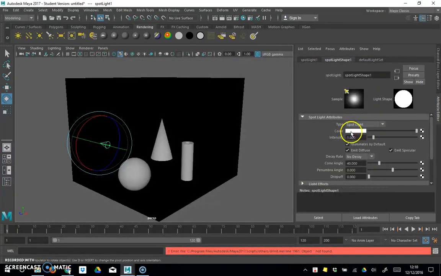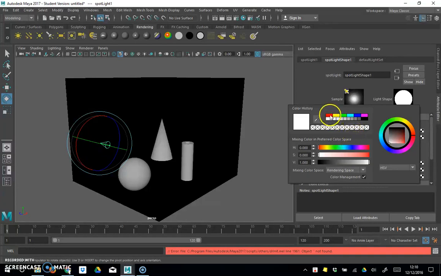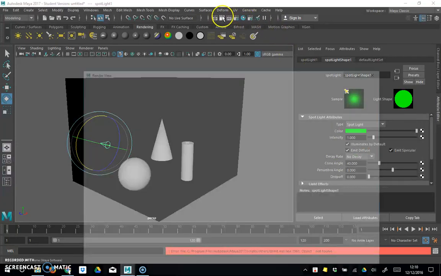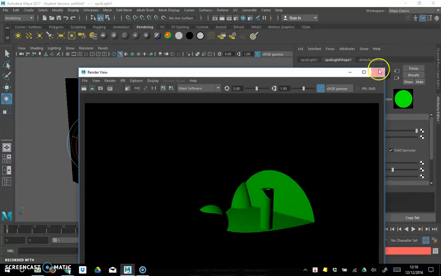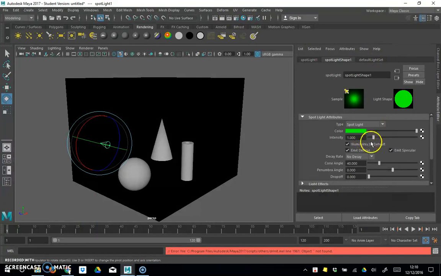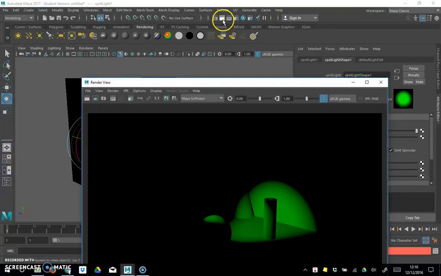Okay, and of course in all of these you can go into colour here and you can change the colour of the light. Let's make it green. Okay, so it's a different colour. You can change the brightness of it here, and this pre-number angle here adjusts how soft the light is. So we render that. See how the edge has got a bit soft around the edge because I've taken it